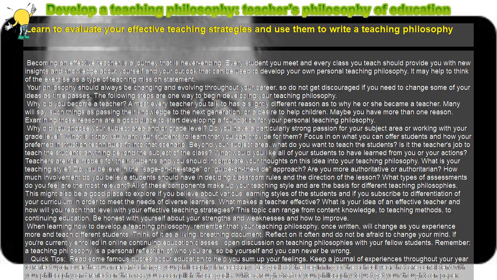Quick tips: read some famous quotes about education to help you sum up your feelings. Keep a journal of experiences throughout your year to reflect upon over the summer and change your philosophy if necessary. Set goals at the beginning of the school year that are consistent with your philosophy and reflect on them